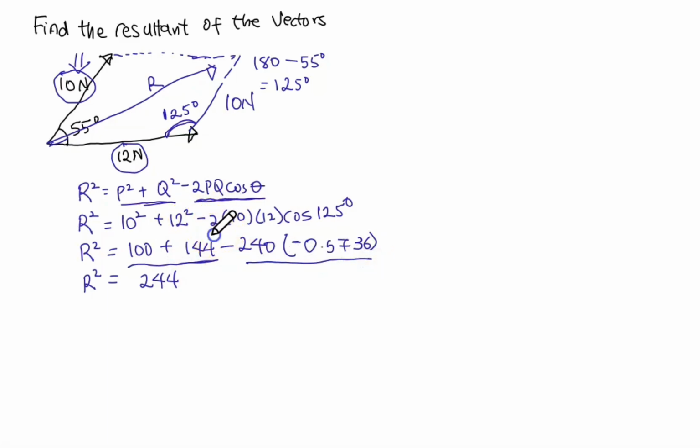So I'm simply saying work on 2 times 10 times 12 times cos 125 and arrive at your final answer. So in this case, minus 240 times minus 0.5736 will give us a plus 137.66. So then we are going to add up. Now 244 plus 137.66 will give us